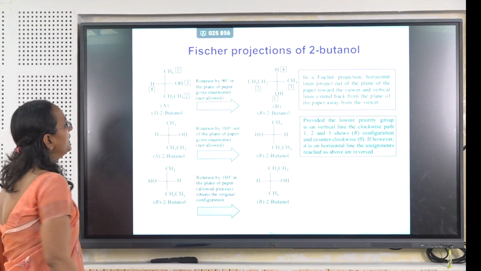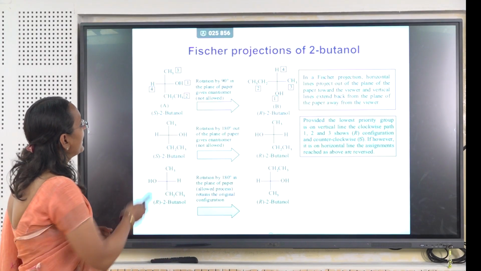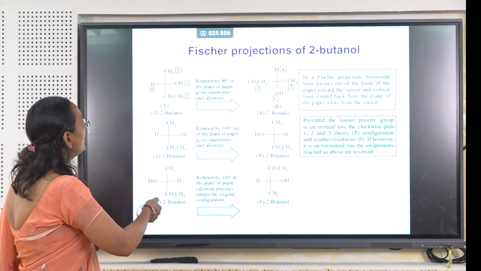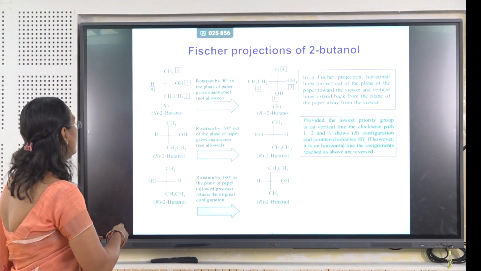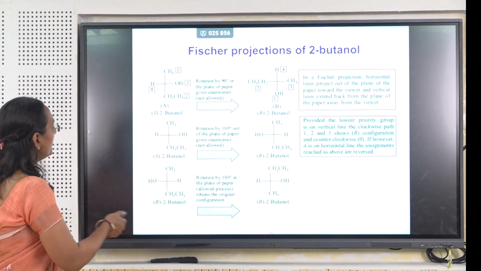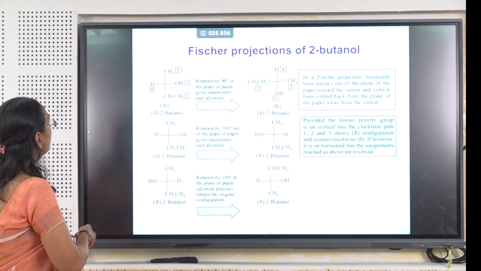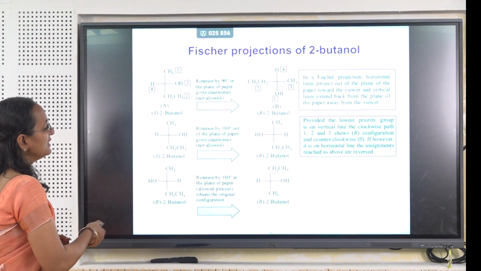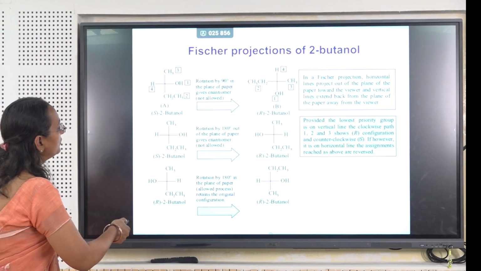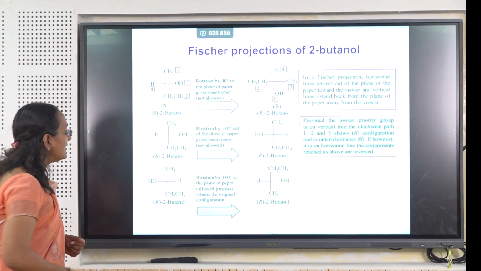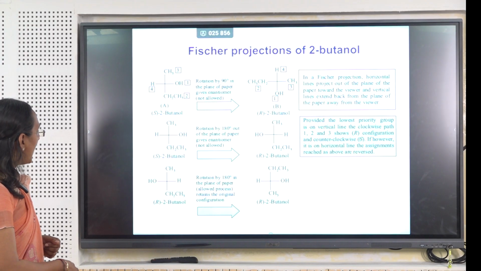So here you can see this is a rotation done by 90 degrees in the plane of the paper; it gives the enantiomer, so this is not an allowed process. In 2-butanol, you can see a 90-degree rotation has been done. In the second example, you can again see S-2-butanol changing into R-2-butanol. This is a 180-degree rotation out of the plane of the paper, which is also not an allowed process. But in the last example, you can see this R-2-butanol